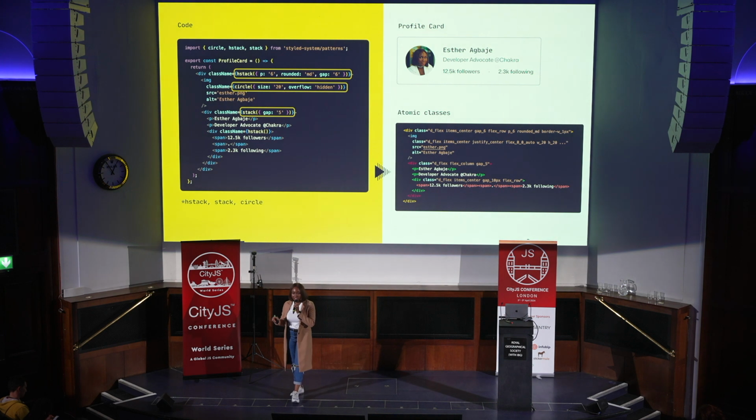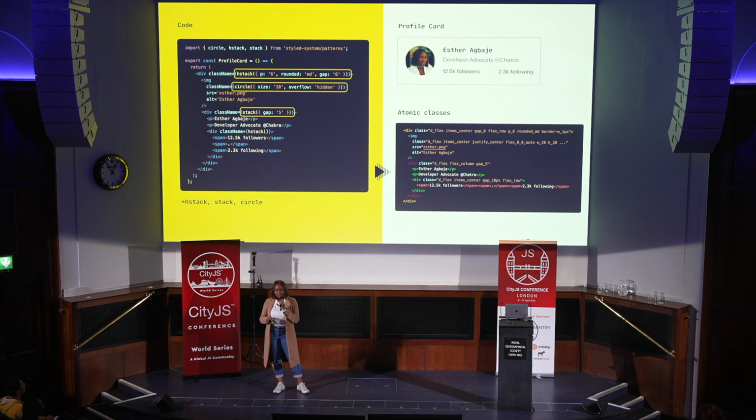Now to use patterns, here is a profile card at the top right corner, and it's a common card that we see in our day-to-day. For us to use Panda CSS patterns to create this profile card, the first thing we want to do is import the patterns that we need. So here at the top, I'm importing circle for our image, H-stack to lay out the image and the text content, and stack to stack out